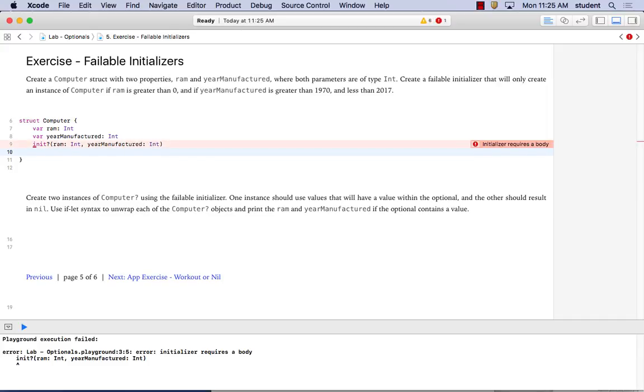If RAM is greater than 0 and year manufactured is between 1970 and 2017, then self RAM equals RAM, else self year manufactured, else return nil. So let's try it. We're going to do an if statement. If RAM, and we're comparing, is greater than 0, right? Greater than 0, and with the two ampersands,